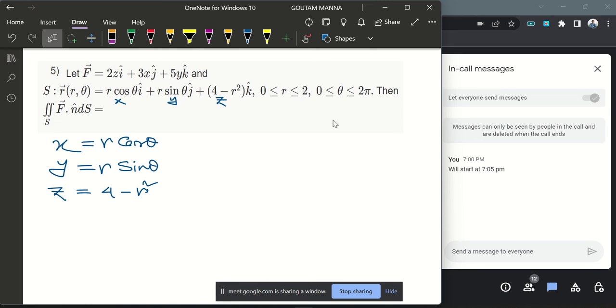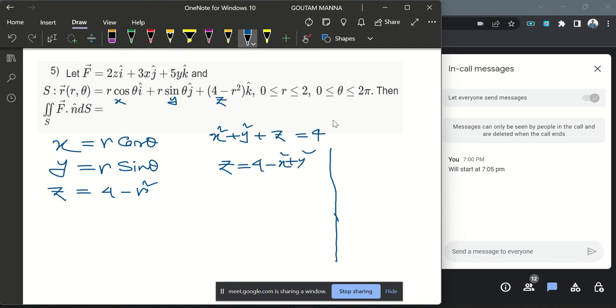So basically the equation of the surface is x square plus y square plus z equals 4. If you do x square plus y square, you will get r square, and then if you add z, it will be 4. Then z equals 4 minus (x square plus y square). So if you draw it,